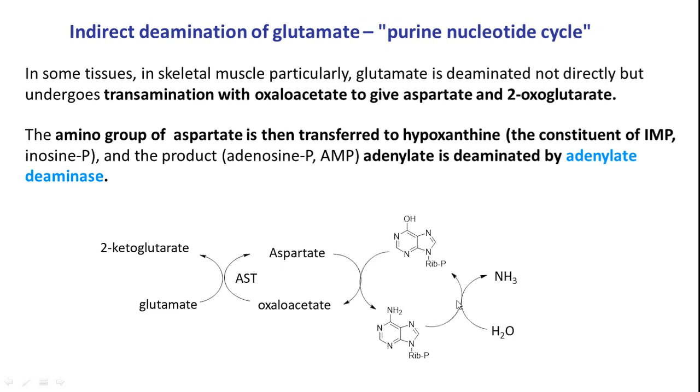Now the amino group from AMP is eliminated with the help of the adenylate deaminase enzyme. So what exactly is happening? The amino group shifts onto a second carrier, then a third carrier, and at the end it is eliminated as ammonia. This type of mechanism is very useful for transporting ammonia from tissue to tissue. The detailed mechanism you will see in the coming slides, but I will give you an outline.